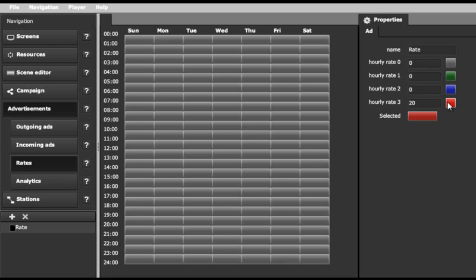We'll go ahead and select it, and now we'll set the actual times. I'm going to set it from 8 o'clock in the morning all the way through 12 o'clock at night for Sunday as well as for Saturday. But notice that from 12 o'clock at night till 8 o'clock in the morning, I'm going to leave it at the default gray at a rate of 0, because I don't want to charge the advertisers anything when the